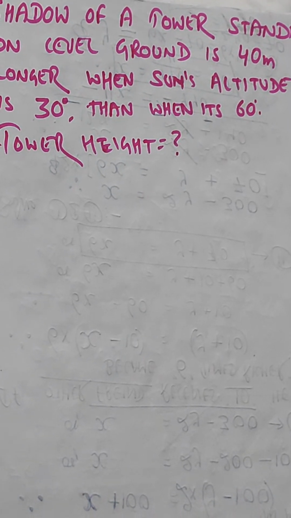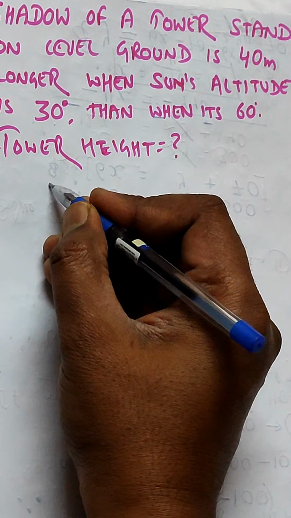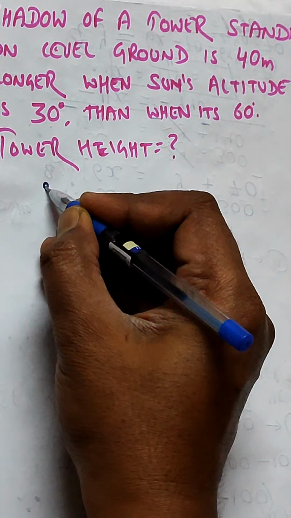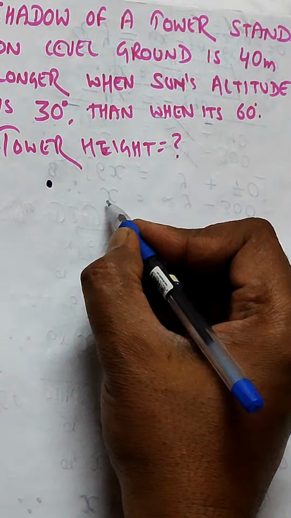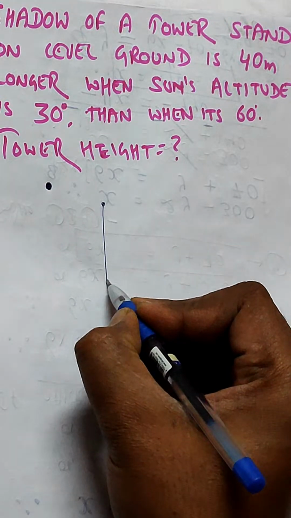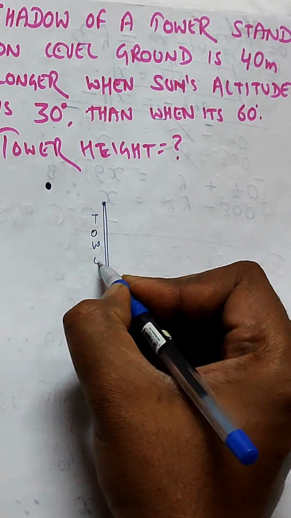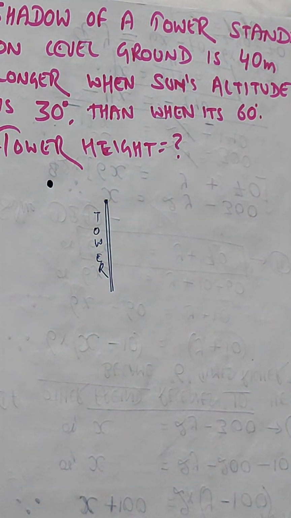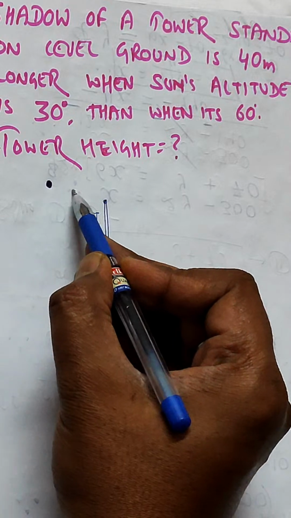Now, in this question, let's draw the diagram first. Okay, now I am starting to draw the diagram. This is a question from trigonometry, height and distance. So let us understand that if this is the sun, then this will be the tower, right? Now the shadow of a tower standing on level ground, due to this sun,